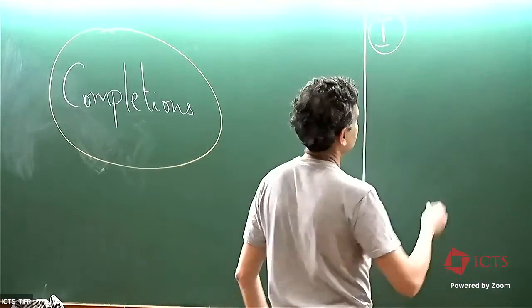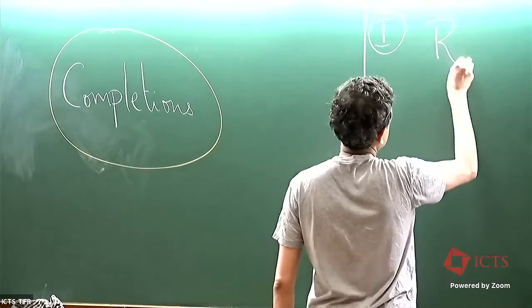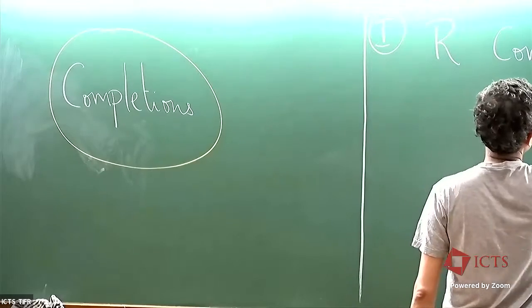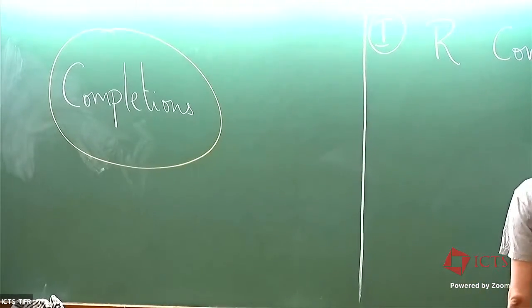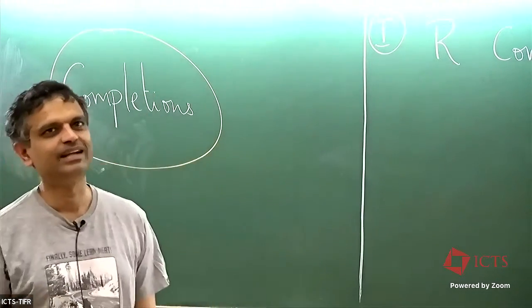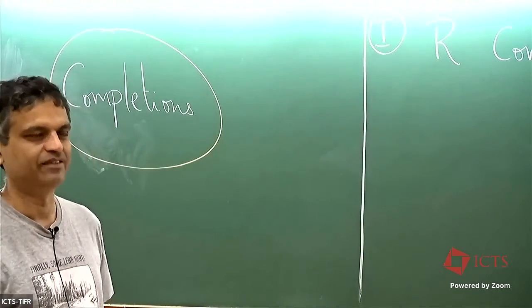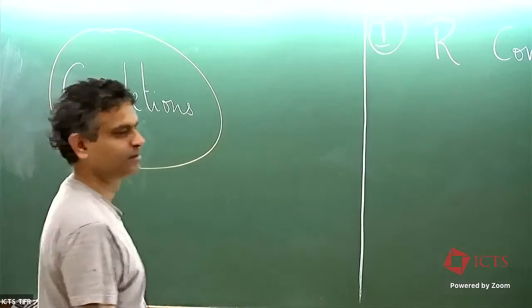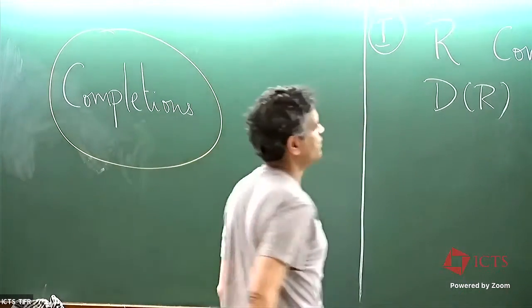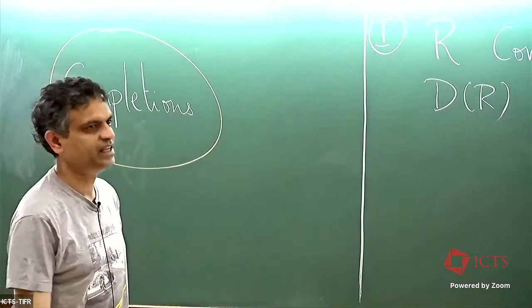Okay, let me start. As always in my lectures, R will be a commutative Noetherian ring. Please let me know if the writing gets too small. It will get small. Too small is the problem. And D(R) is going to be the derived category as usual, the full derived category.